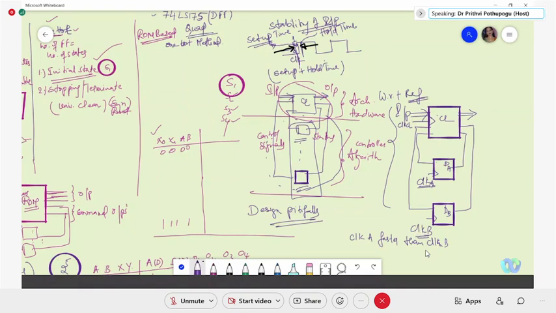If the clock A reaching this D flip-flop is faster than the clock B reaching the D flip-flop of B, what happens here is this will be making the new value of A to be sensitized, and since this clock B still is not applied, that means new value, that will hold the old value of the B,